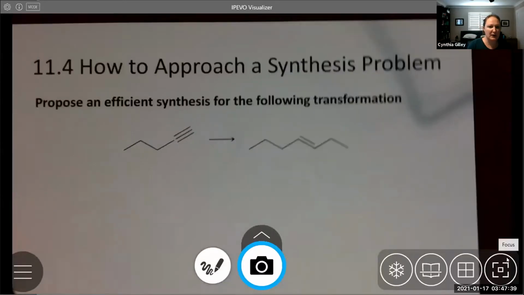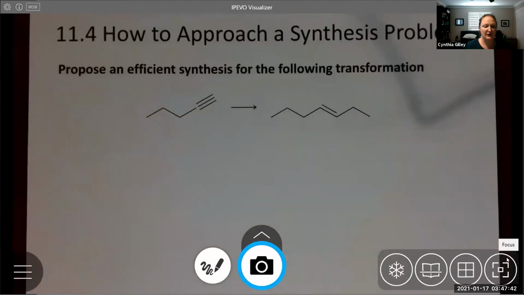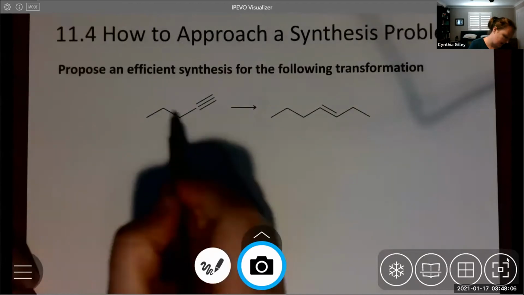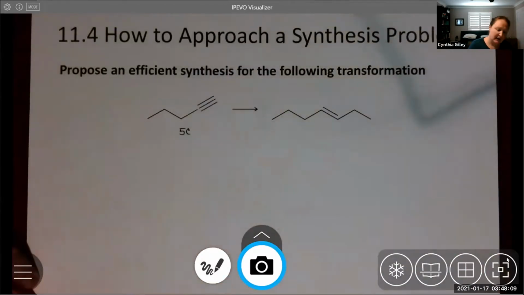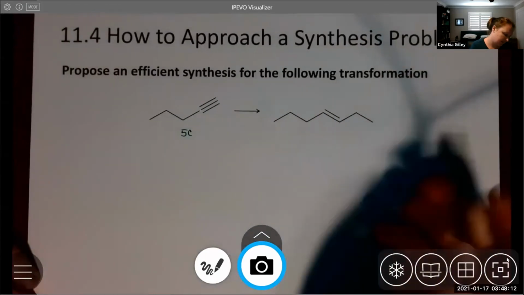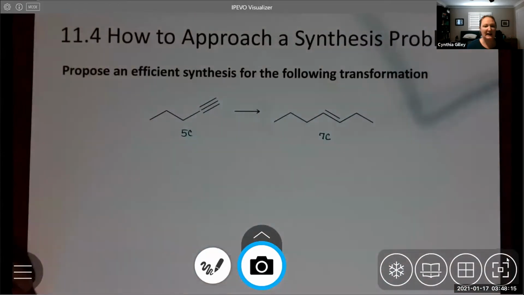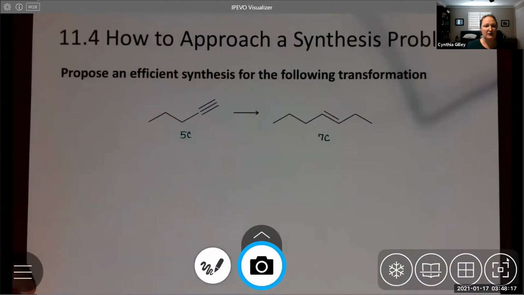So how do we approach synthesis problems? Well, there's a couple of things that I want you to do. One of the first things I want you to do is to count the carbons, because you want to know if you need to add more carbons, in essence, do a carbon-carbon bond forming reaction. Or possibly if you're losing carbons, you want to know that you need to do a carbon-carbon bond cleaving reaction. So that's something to note. So we have 1, 2, 3, 4, 5, right? 5 carbons, and this is 1, 2, 3, 4, 5, 6, 7. So we are going to be adding 2 carbons, which means I need to do a reaction that will make